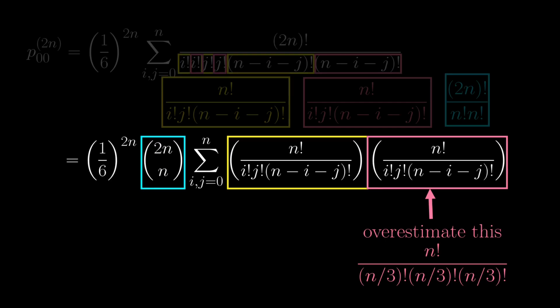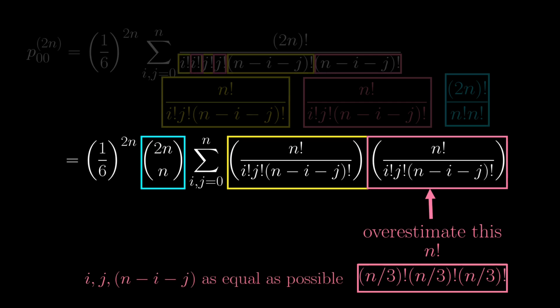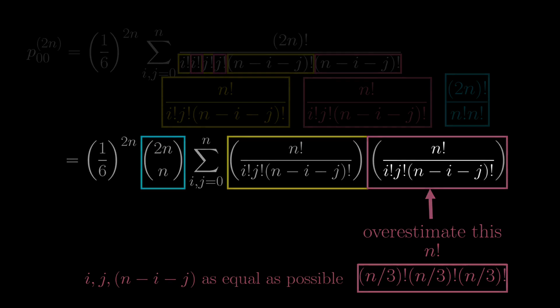Of course, if n is not an integer, we can't do this, but we just want to make these three factorials as close as possible. But why is this an overestimate? If i, j, and n minus i minus j are not that equal, or more specifically, i is smaller than j by more than 1, then we make them more equal,